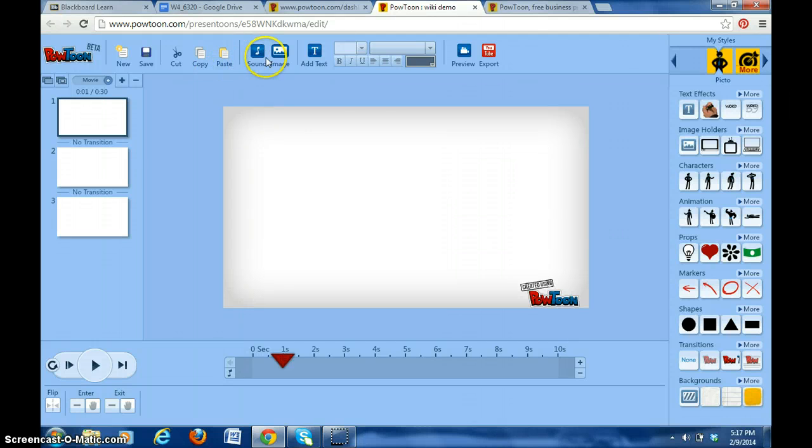You can include sound, you can pick an image off of your drive or memory on your computer. You can add text, again any type of fonts. The great thing about PowToon is you can export it, and you can link your PowToon to your YouTube account, and it uploads the videos straight to your YouTube account. You have text effects, and there's various ways. Mostly you can type out, and there's a variety of things they can do with font. You have a variety of image holders, characters, animation props, markers, and a variety of things,